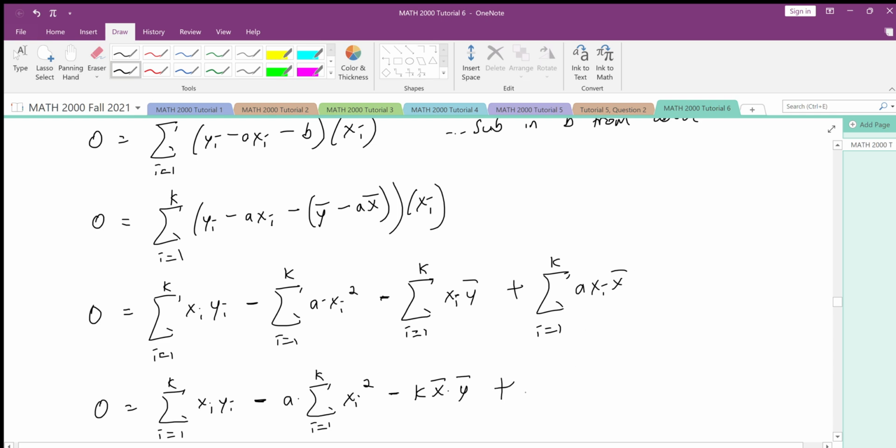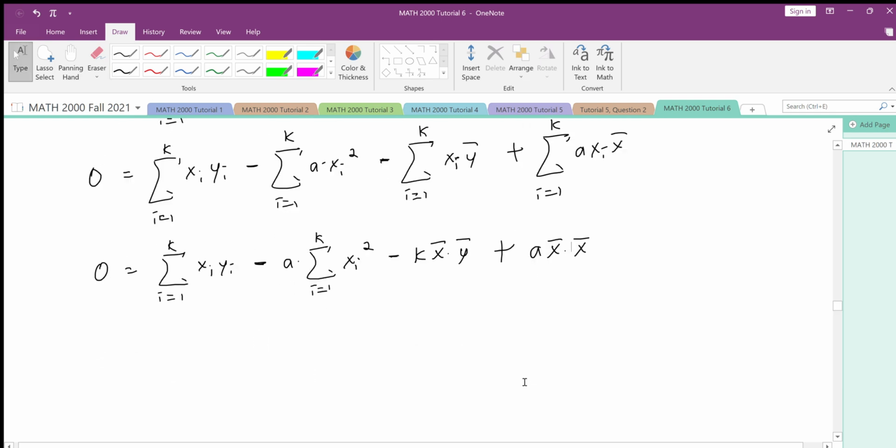And same thing, you divide by k and multiply by k. So you get this. And then you isolate for the variable a and you simplify. So from there, a would be equal to the sum of xi yi